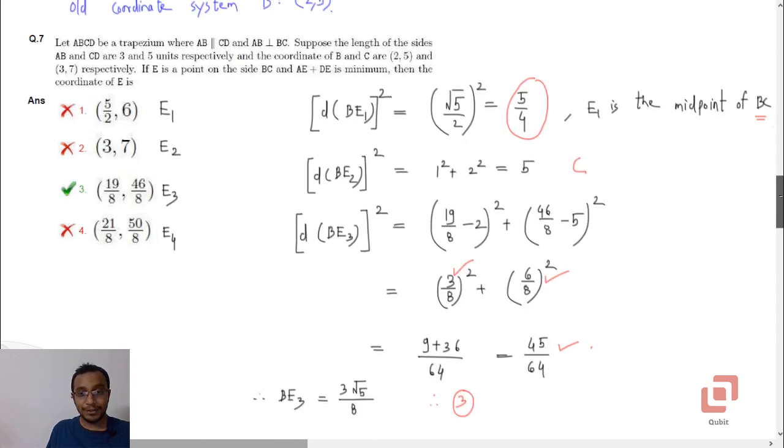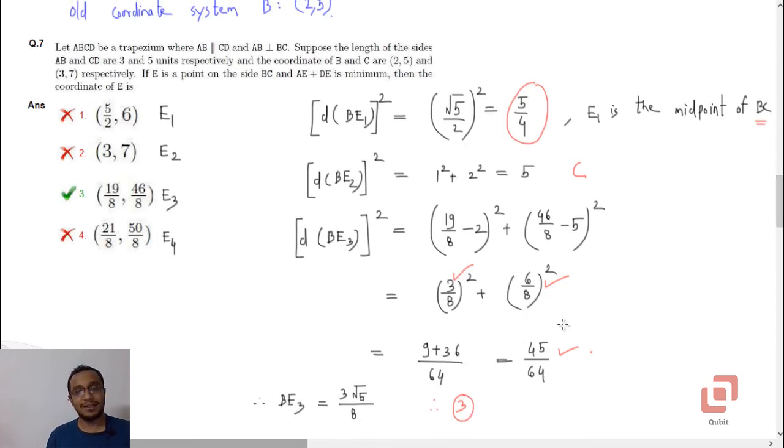So we have successfully got our answer by changing the coordinate system, or by rotating our axis in clockwise direction. You can verify that, because we have to first shift the origin to 2, 5, and then rotate it so that we have BC to be our y-axis. Nonetheless we have got the correct option by the procedure that we have followed. So it is option 3, because it is 3 root 5 divided by 8.